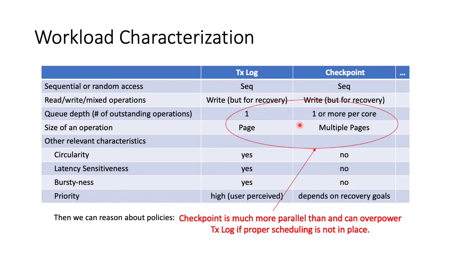The size of the operations differ as well. Transaction log usually writes small pages. The checkpoint can be writing multiple pages at the same time. And there are other characteristics that could be interesting. But now that we define these characteristics about the workload, we can reason about them. For instance, the checkpoint can overwhelm by its sheer size a transaction log workload if a proper scheduling policy is not in place. And these policies are